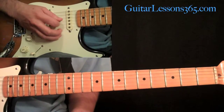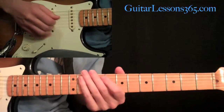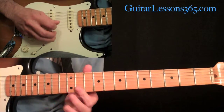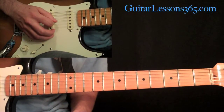Then he hits a little slight open string. You probably heard me do that when I was demonstrating it. I don't know if it's a mistake or he meant to do it or whatever, but it's in there. There's a slight open G string there. It kind of works with the rhythm, so he might actually be intentional, but it's an open G, and then